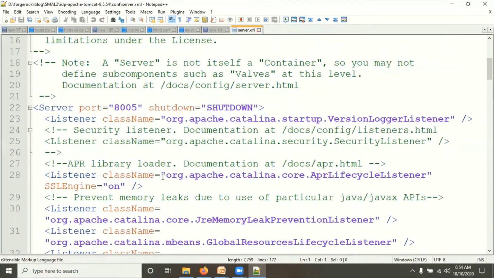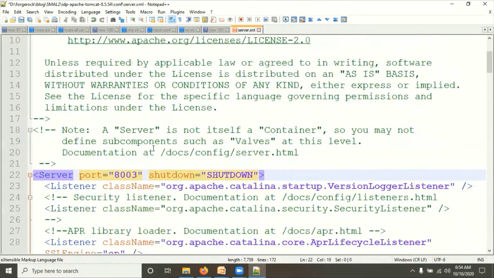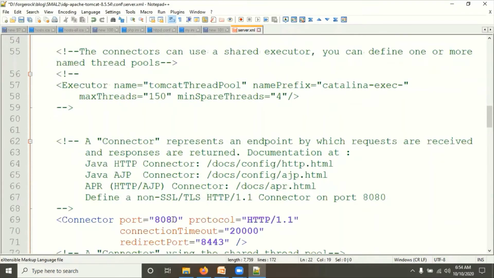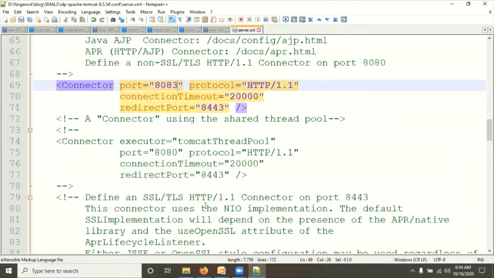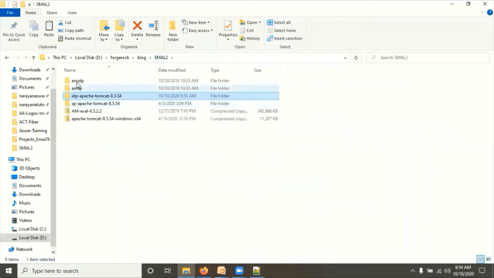Yeah, see here we have to change this shutdown port also. It's 8003, and here the port is 8080. Here I am giving the IDP port, which is 8083, as I have given in the PPT. Okay, yeah, save it. And the same way we have to open SP1 also.